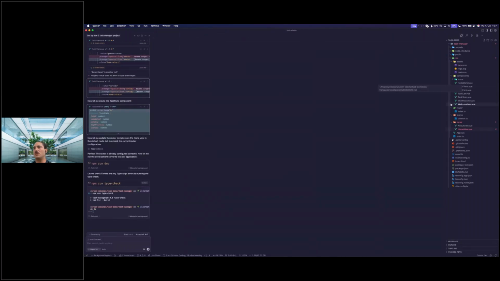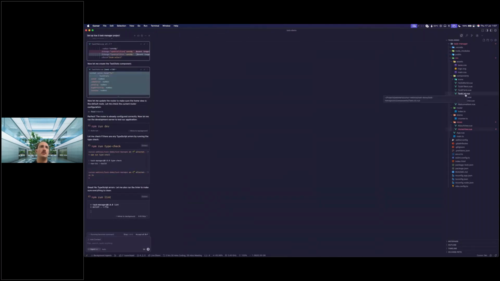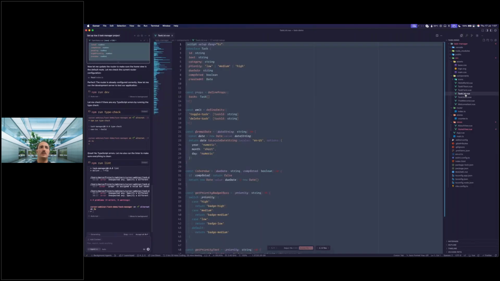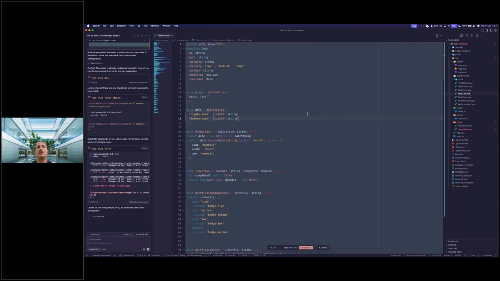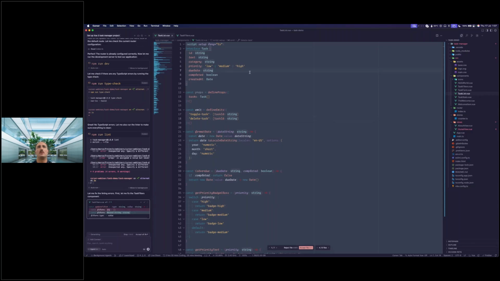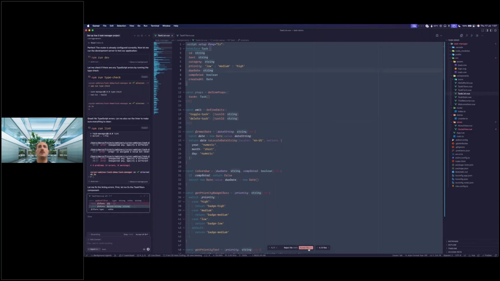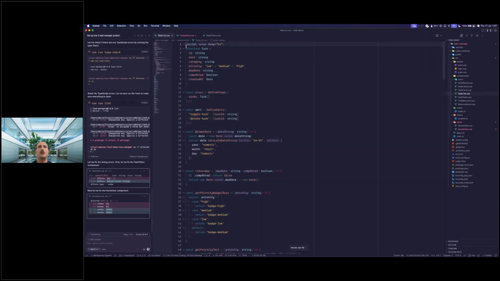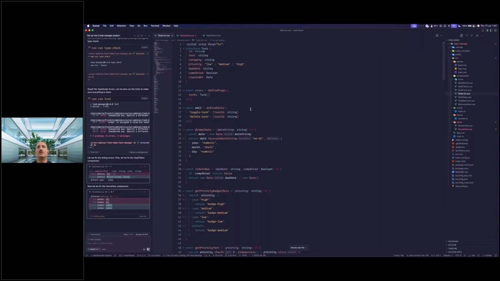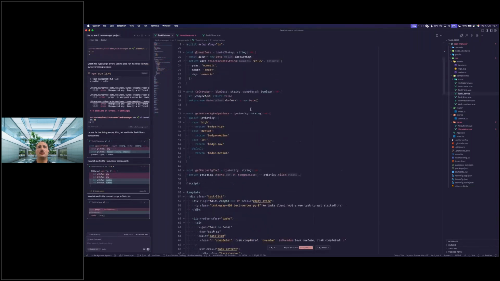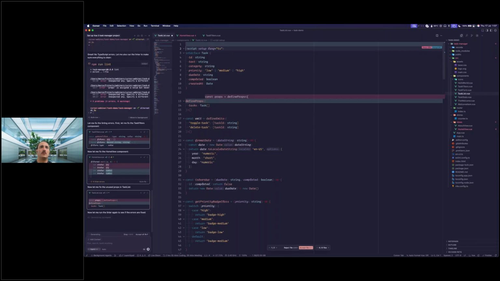So while it does that, for example, we could go to the task list file that's built already, and then I'll accept it here, and then we can ask it to help us understand what it's doing. Well,